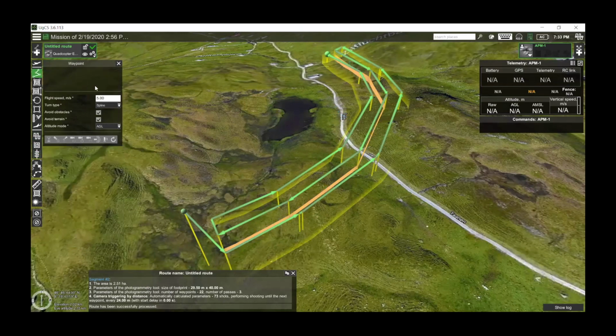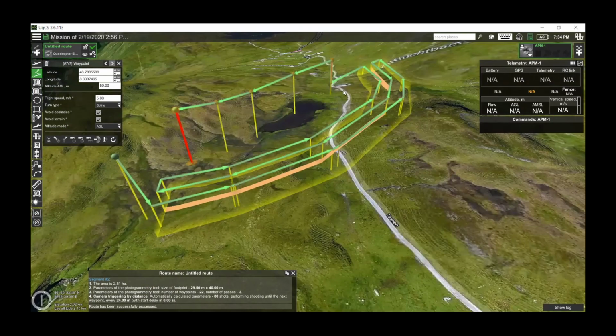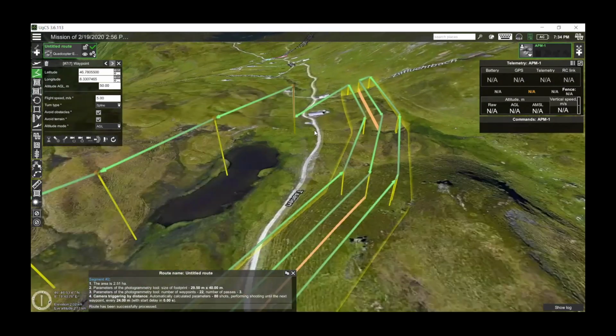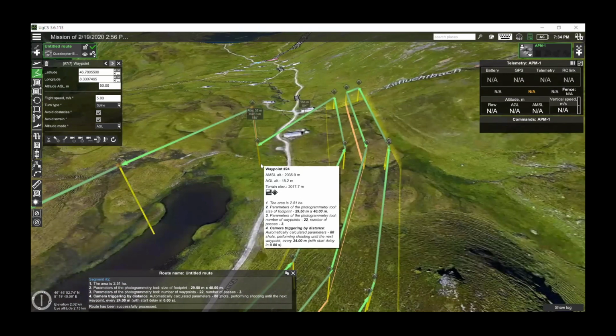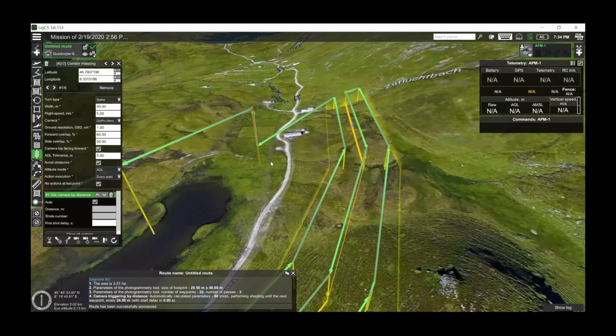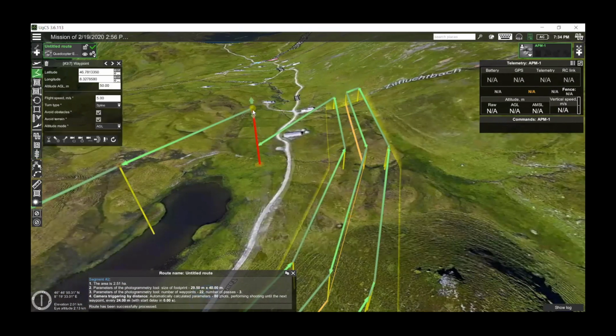So we select the simple waypoint tool and make the route back to your takeoff location. If you would like to take control over the drone at the other end of the corridor, you can